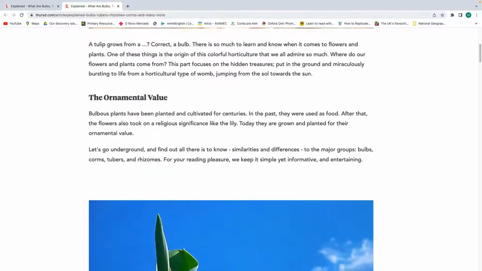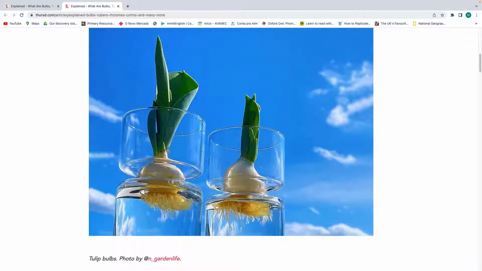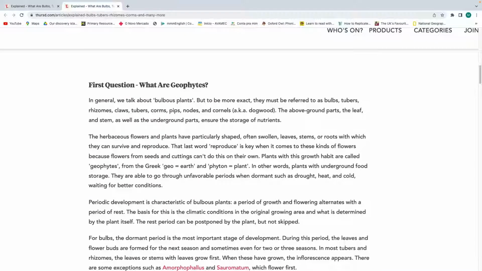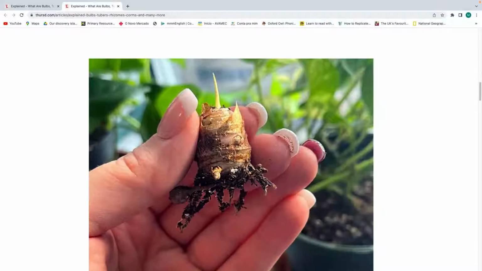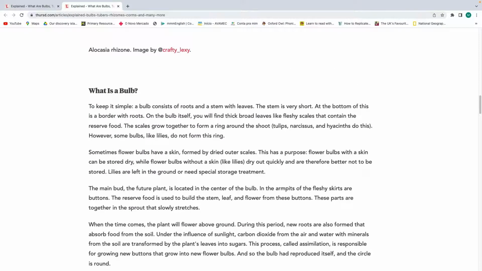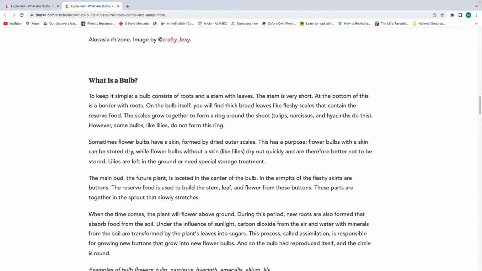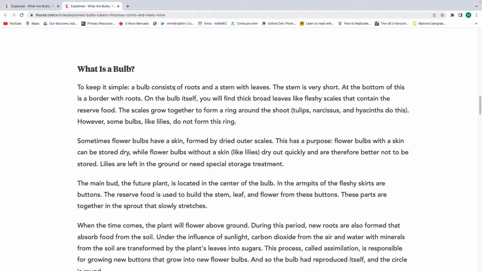Então, aqui é uma maneira de usar de forma ornamental, mas vamos lá, deixa eu descer um pouquinho aqui, pra gente ir no que interessa, né? Então, aqui ele tem uma pequena parte que fala, what is a bulb, né? Então, eu vou fazer uma leitura rápida para vocês. So, to keep it simple, a bulb consists of roots, raízes, and stem, e caule, with leaves, ou seja, de forma simples, o que que é uma bulba?